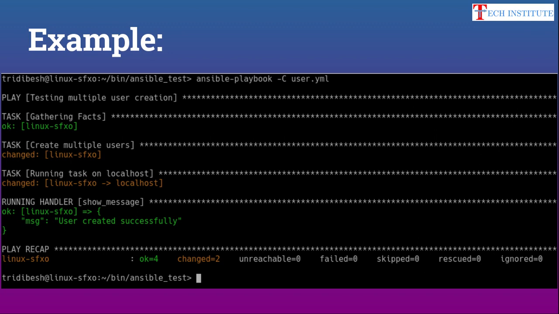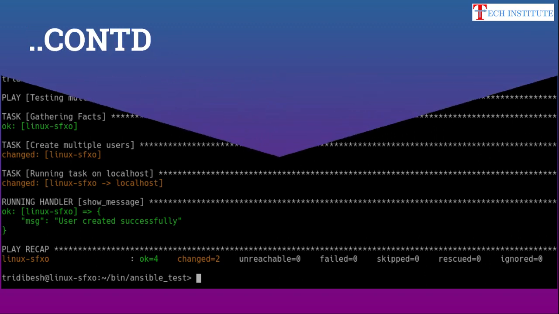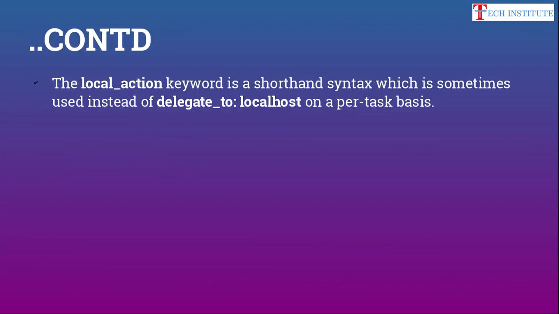Now instead of delegate_to, you can use one more option, that also you'll see. Instead of delegate_to, you can use the local_action keyword. That also helps you to run some task on your local host.